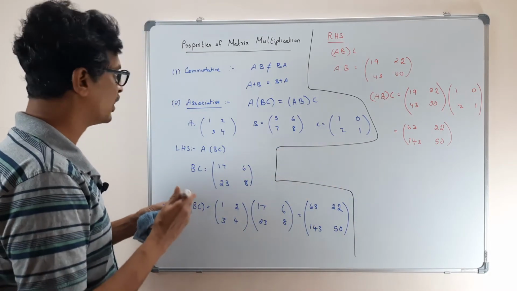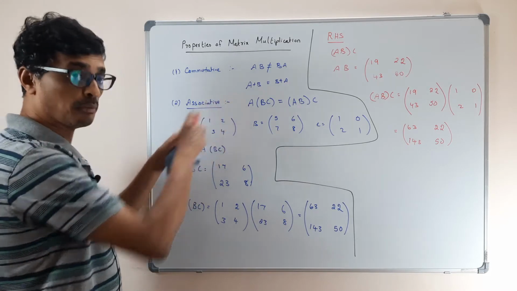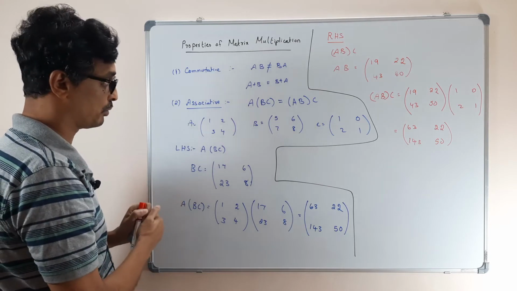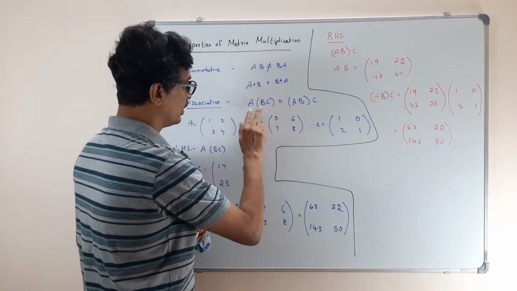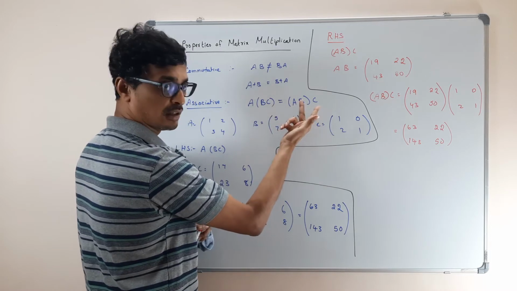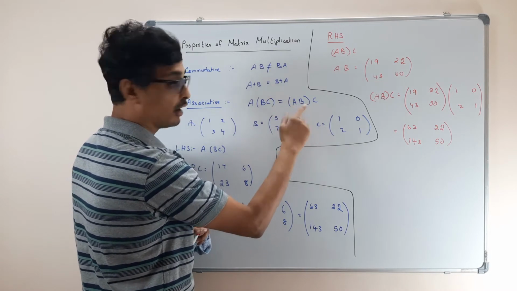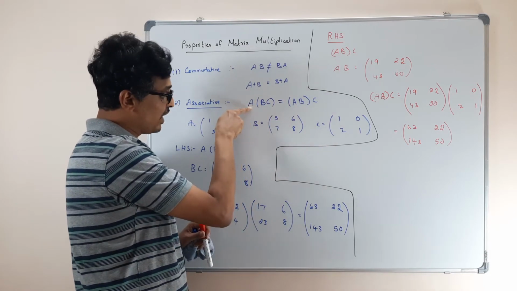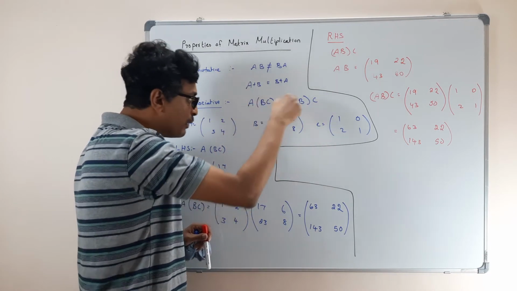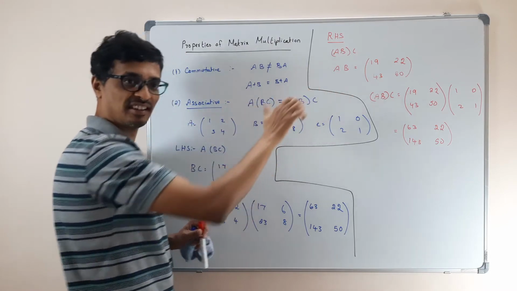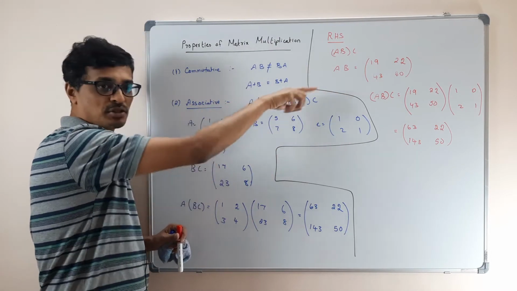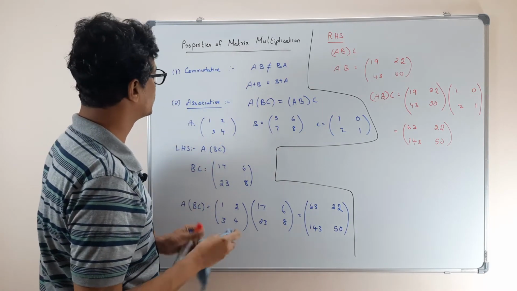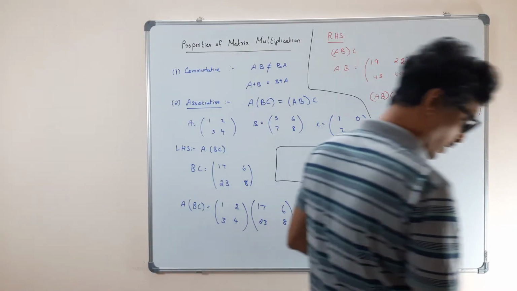So therefore, matrix multiplication has an associative property. But remember, never write A, B, C and then swap it. Never write B into A or never write C in the front. Then it is wrong. The same A, B, C order. Only the brackets you can place here and there. The order you can never change, because this is not commutative. Okay, so this is the associative property.